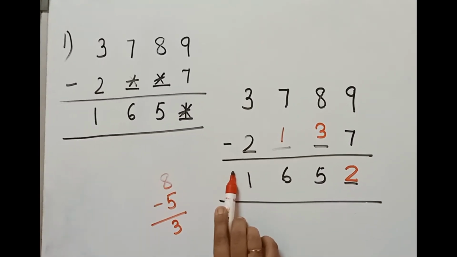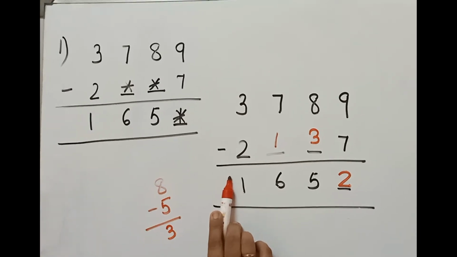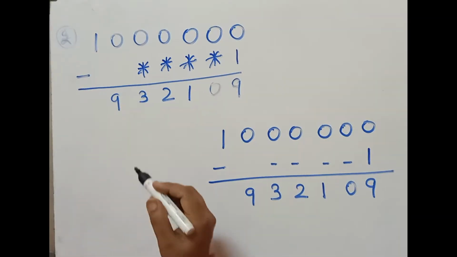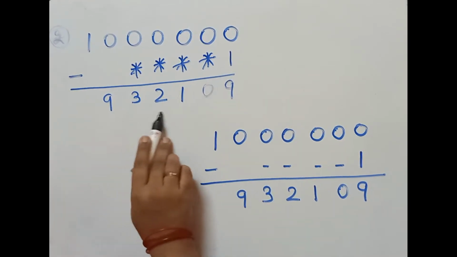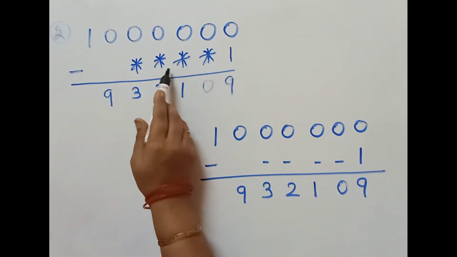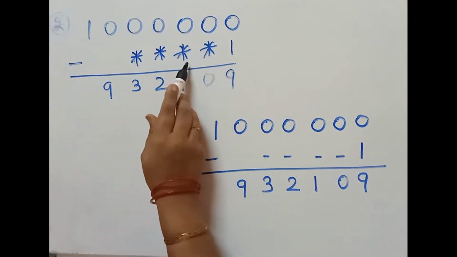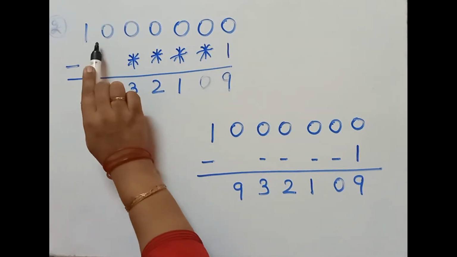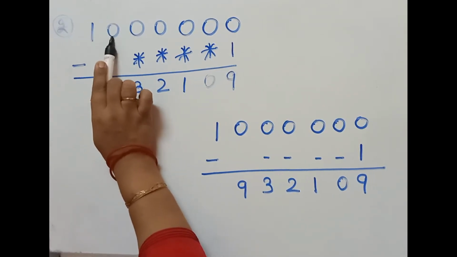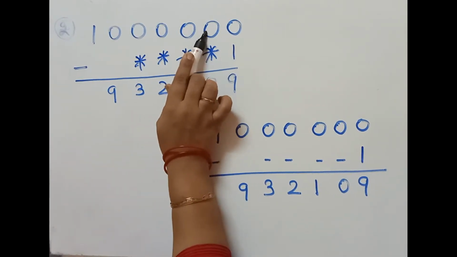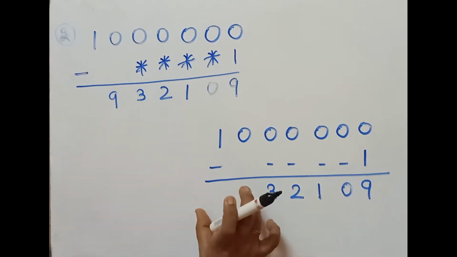Now we will go for the second question. Now, in the second question, the number is given to you, and you subtract 1 and the answer is given to you. Now we have to find which number will lie here. Okay, now children, here you have to understand, there is no number, only 0 is here. So first we have to clarify which number is going to come on the top. So this is the question we are solving here.